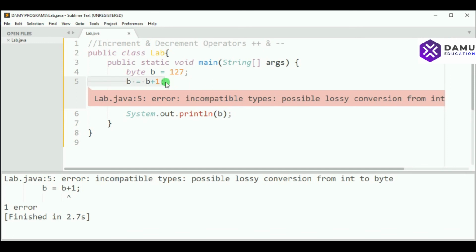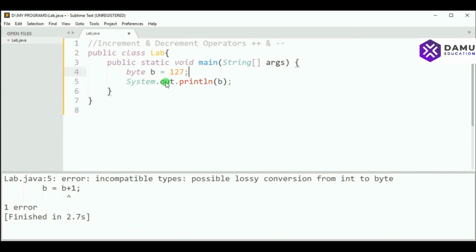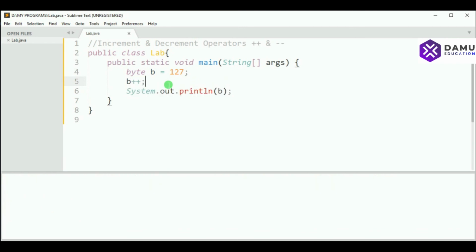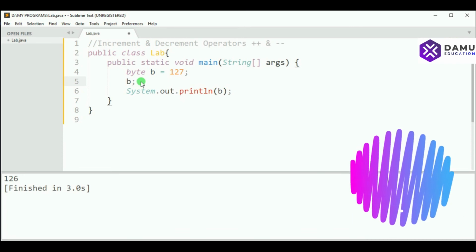Then what will happen with byte b plus plus? So b plus plus, post increment, will do. Then it is the post increment 128, that is minus 128. 128 will not come. Then b minus minus gives 126. 126 came. Then for this plus plus, what will happen? We are going to check for byte values. So it is also minus 128. Then minus minus means for this